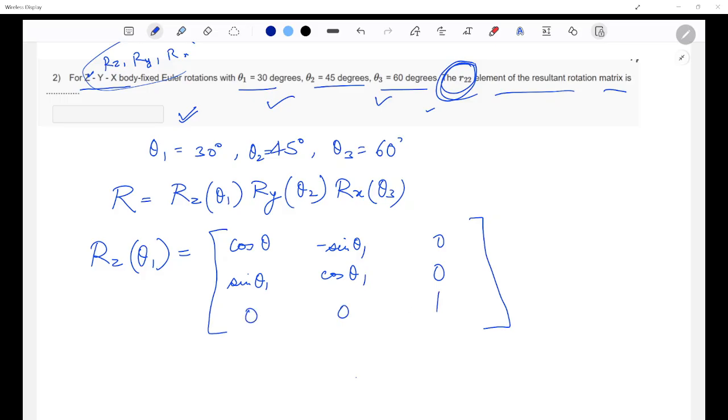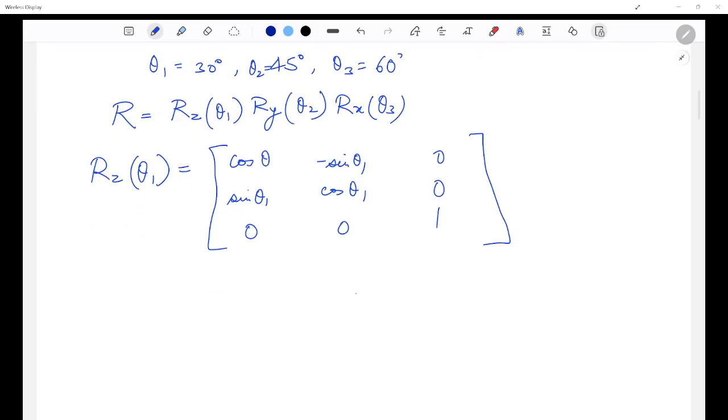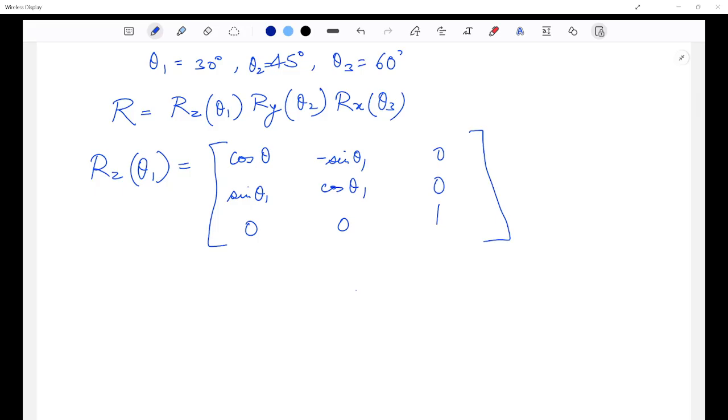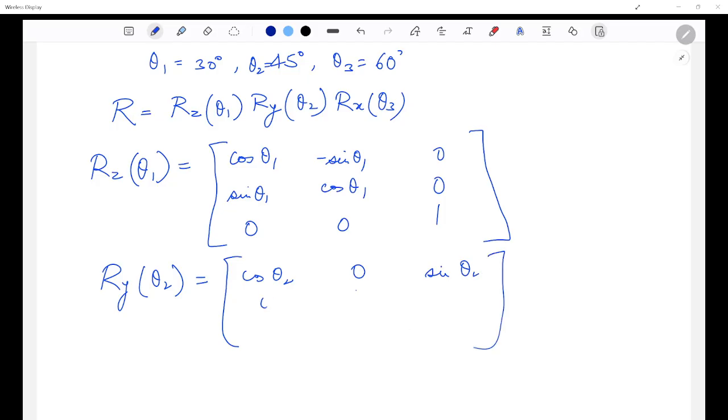Yeah, very good. So this is the rotation about the z-axis. You can be given any arbitrary axis and we'll have them in one of the questions. But as of now, if you have to rotate about the standard z-axis, then this is your rotation matrix. If you are supposed to write the rotation about the y-axis with the angle theta 2, it is going to be cos theta 2, 0, sine theta 2, 0, 1, 0, and minus sine theta 2, 0, cos theta 2.